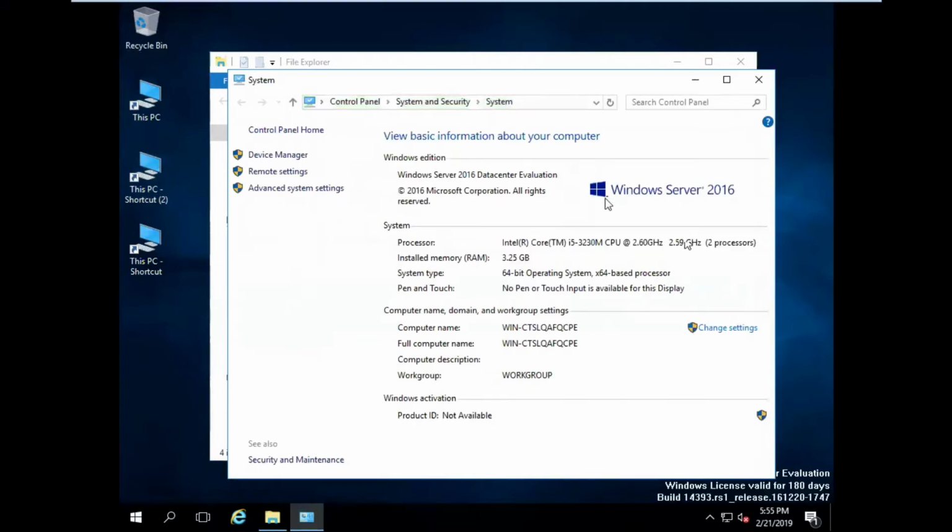See, this is Windows Server 2016 Datacenter version. Your computer name is okay. This much is there.